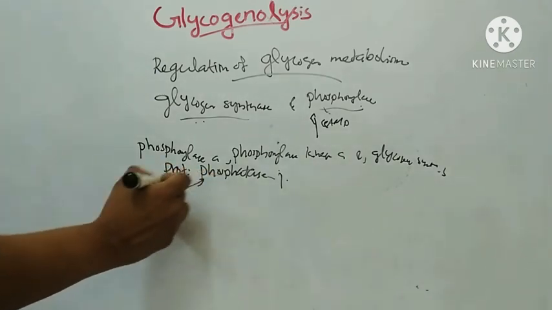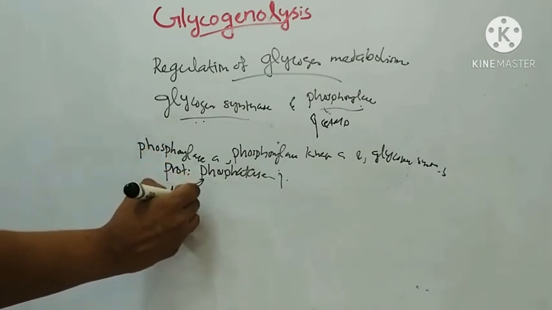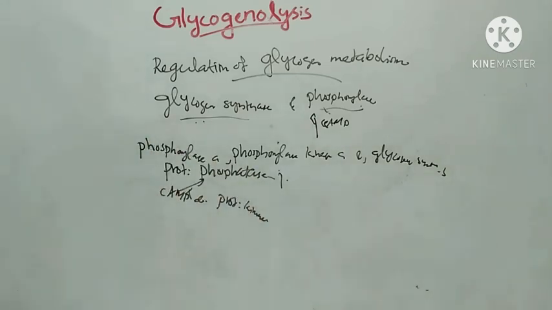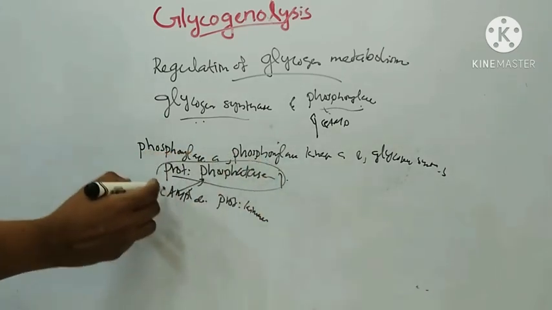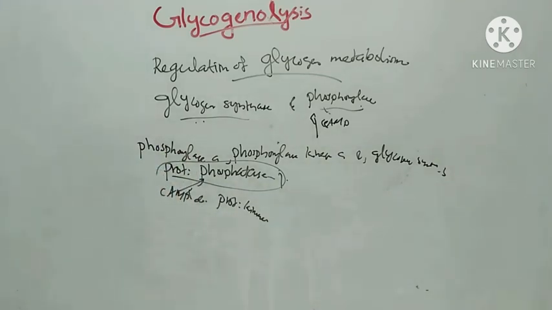This protein phosphatase 1 is inhibited by cyclic AMP dependent protein kinase through protein inhibitor 1. Thus, glycogenolysis can be terminated and glycogenesis can be stimulated synchronously, because both processes depend on the activity of the cyclic AMP dependent protein kinase. That is the regulation of glycogen metabolism.